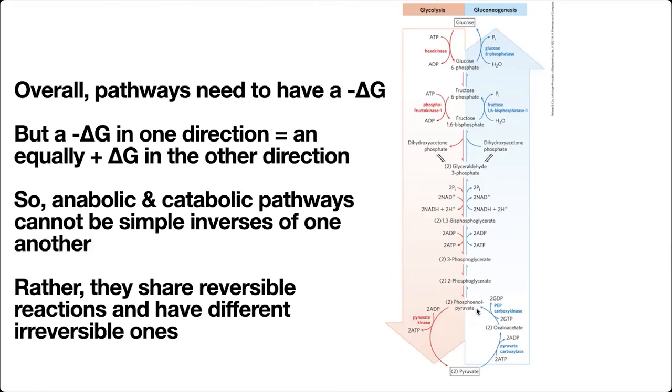This last step of glycolysis, where you're going from phosphoenolpyruvate to pyruvate, is actually going to require 2 enzymes and 2 different reactions and a whole additional intermediate in order to reverse it, because this step has a really, really large negative delta G. And so it's going to be really hard to reverse. We can't just change the concentrations of things without messing up everything going on in the cell. And so instead, we're just going to take this detour to go backwards.